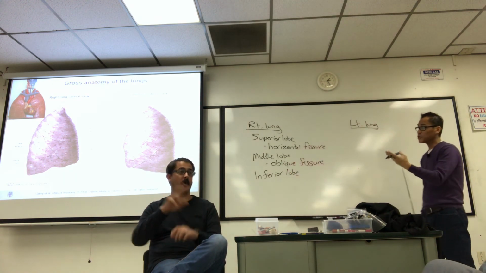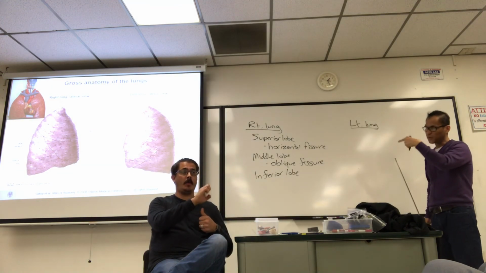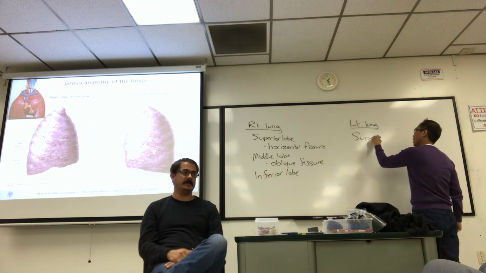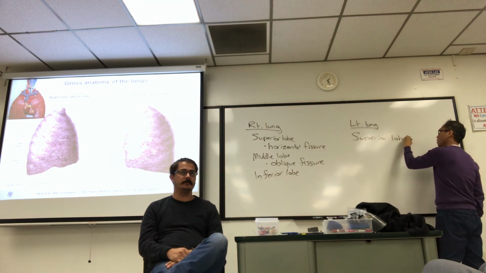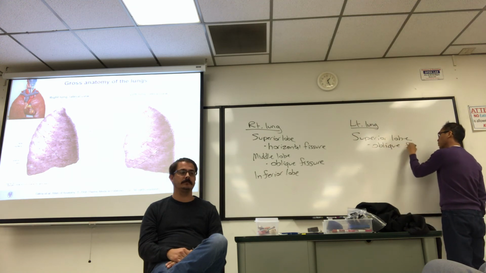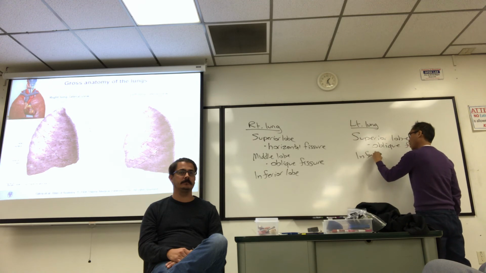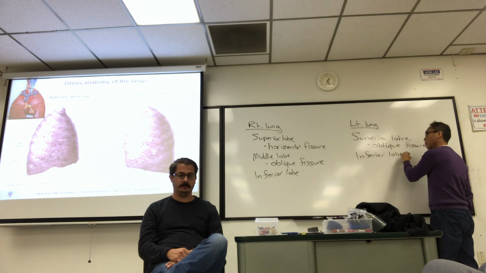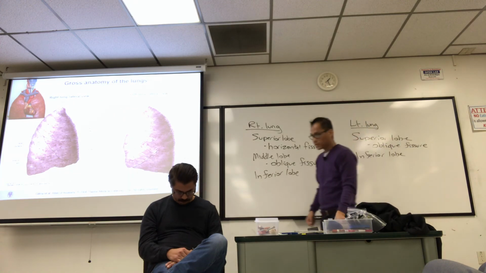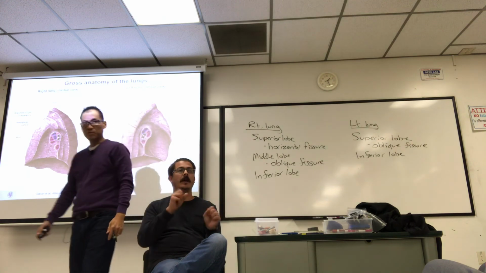But on the left, it's just superior and inferior, separated by the oblique fissure. So superior lobe, oblique fissure, then inferior lobe. Be able to tell the right lung from the left lung, be able to identify the lobes and fissures,